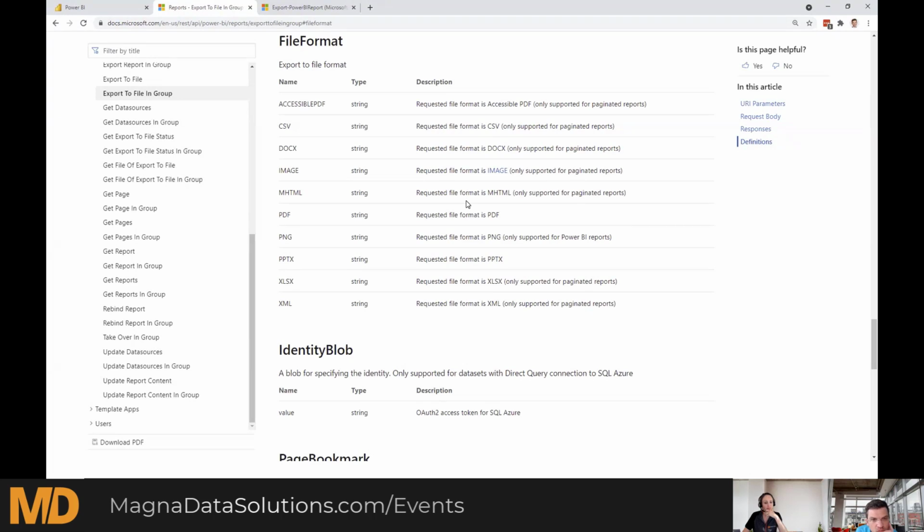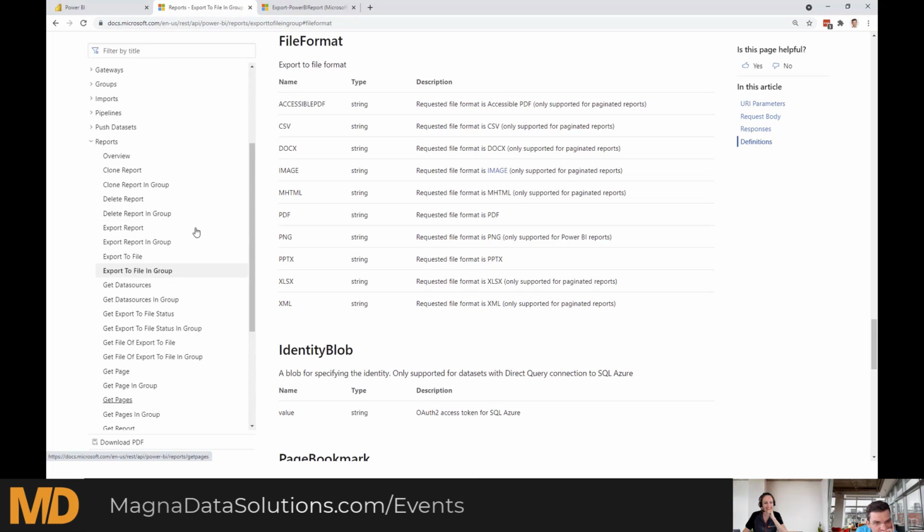Yeah, there you go. Ooh, PDF. Look at that. Super nice. Look what we're learning. Yeah. So you're not going to do it through PowerShell. You're going to have to do it through